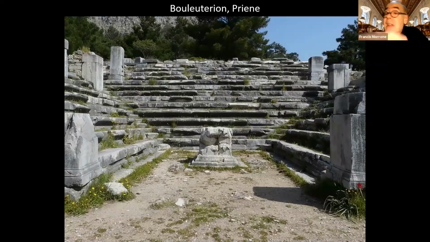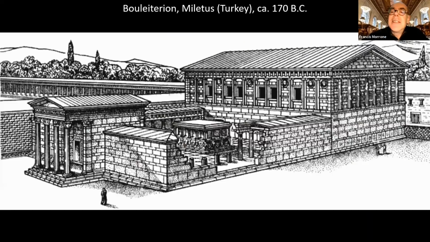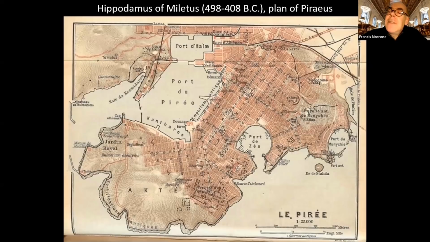Again, see, very much like a theater. There was seating all around, and then there was a central well where speakers held forth. So, as I say, similar to theaters. This is an illustration showing what the Bouleuterion in Miletus probably looked like. As with the theaters and as with the stoas, it was rather a grand structure. Everything was rather grand, except, as we shall soon see, the houses.